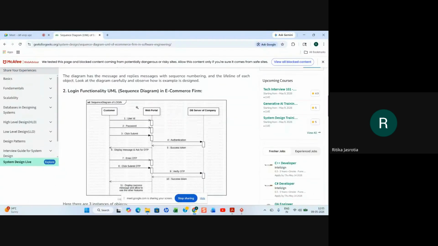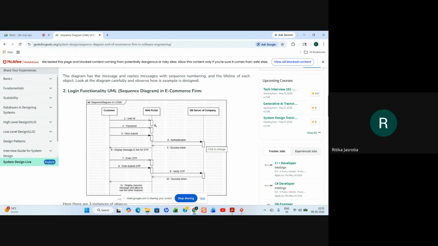So you can have other things also. Like here they have given user ID, pass. Now the login functionality. When you log in, customer, web portal and database: you put the user ID on the web portal and you put the password, click submit. After submission, the authentication is checked from the database, whether you are an authenticated user.